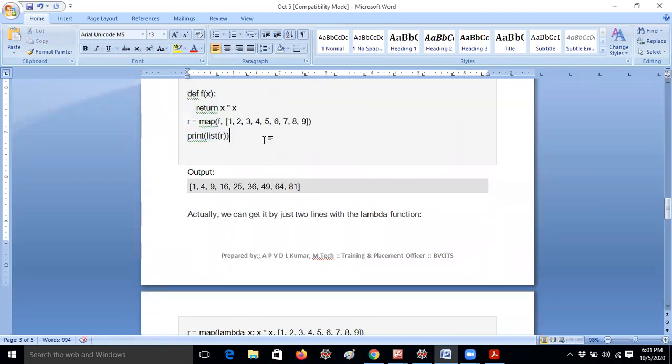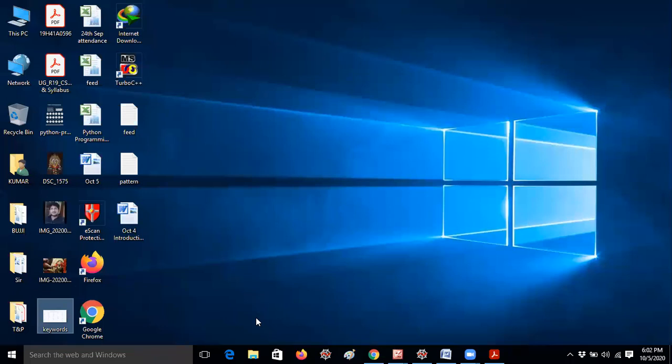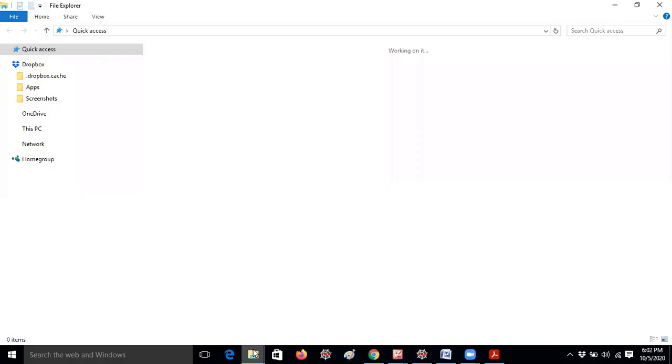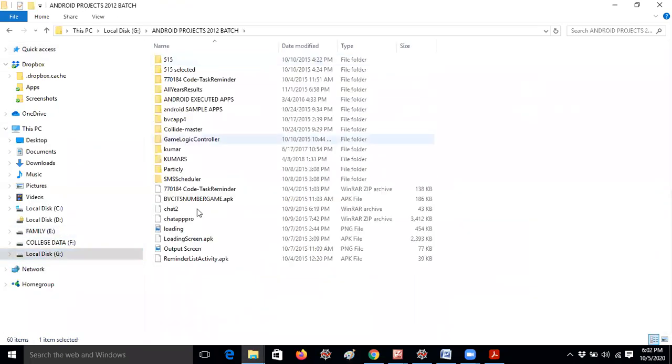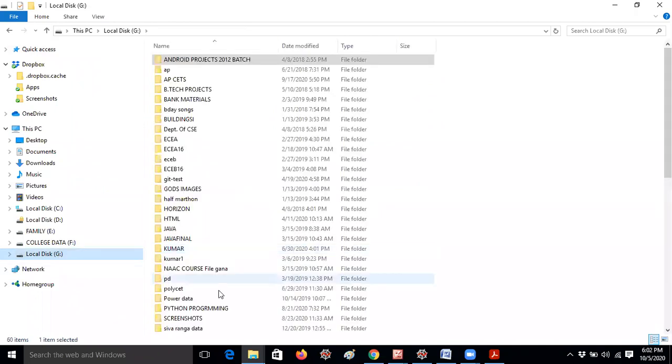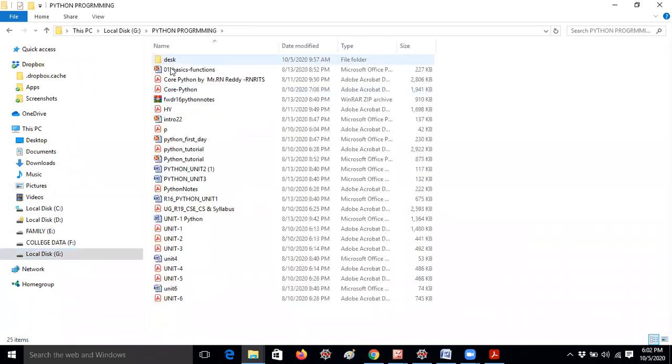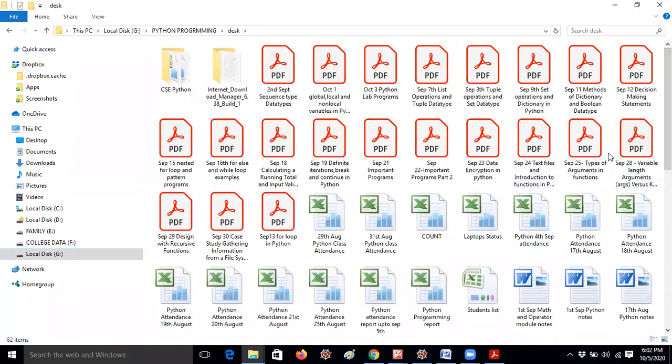For example, if any question says write a program to find the square of the numbers 1 to 10, I think earlier I gave an example when I was explaining the while concept. I think many students know about that concept, because I gave some examples related to that while I was teaching the while operation. Okay, so 1 minute. I think you know already, but let me open it. If it is there, I will show.